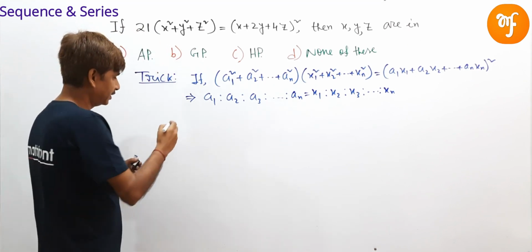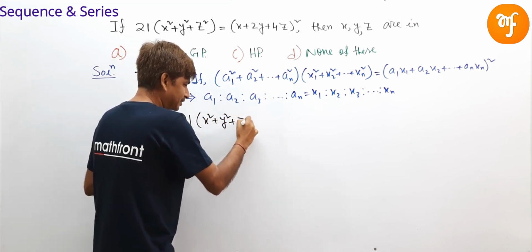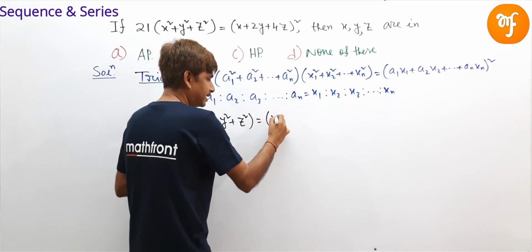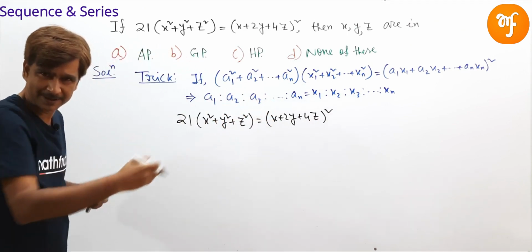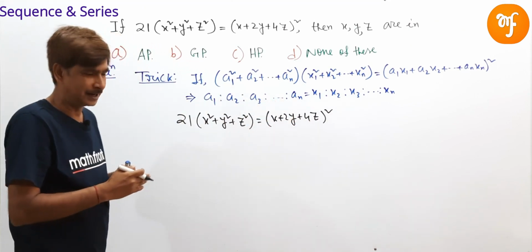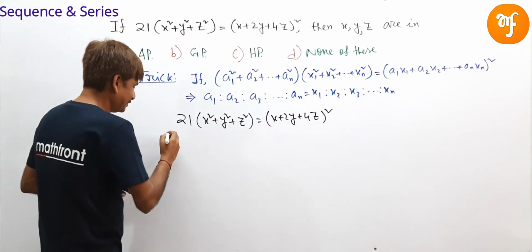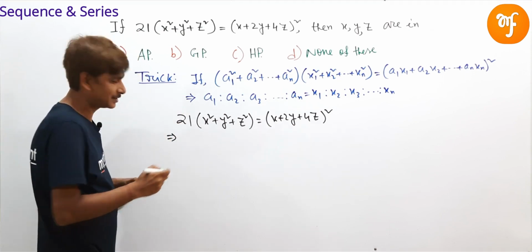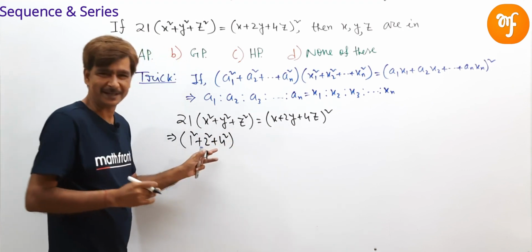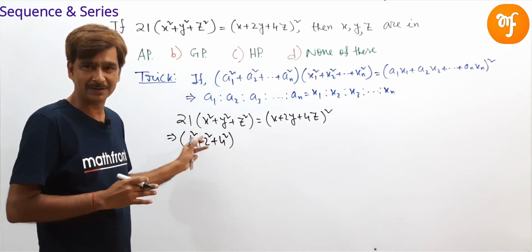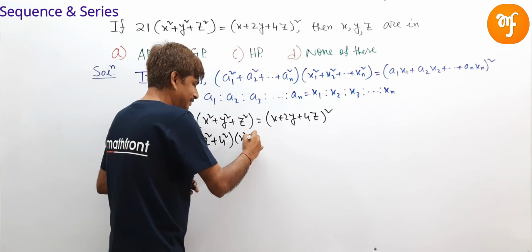We have 21 into x square plus y square plus z square is equal to x plus 2y plus 4z whole square. This is the given statement, or you can say this is the identity. Now, we have to arrange this in the form of Lagrange identity. Look how this 21 can be written as 1 square plus 2 square plus 4 square. 4 square is 16, 2 square is 4 and 1 square is 1. So, 16 plus 4 plus 1 is equal to 21,